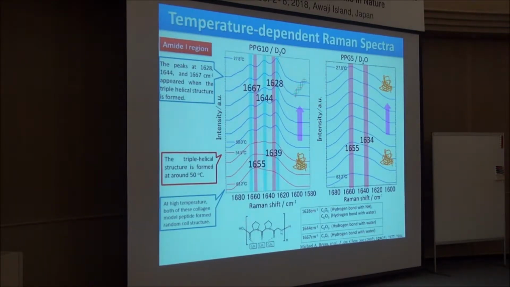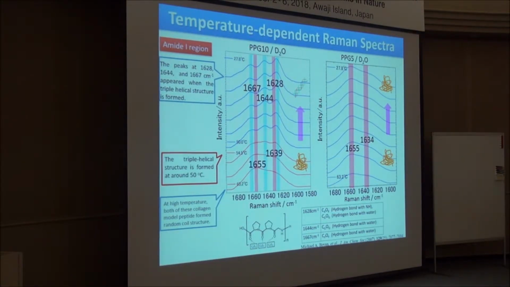At first, we compare the temperature-dependent Raman spectra in the high frequency region for PPG10 and PPG5. At high temperature, both of these collagen model peptides form a random coil structure, and peaks at 1655 and 1639 wave number appeared. When cooling down,